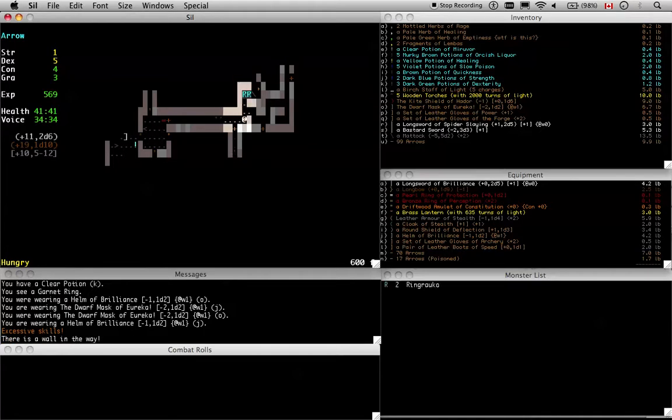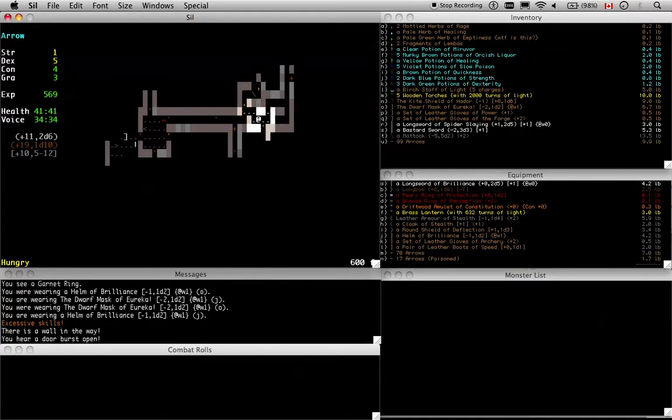I start to get nervous in these mazy corridors, too, because they tend to harbor some pretty bad monsters. And I don't know if you noticed, but that door over there opened up, so somebody's coming this way. Don't know what it is, but...